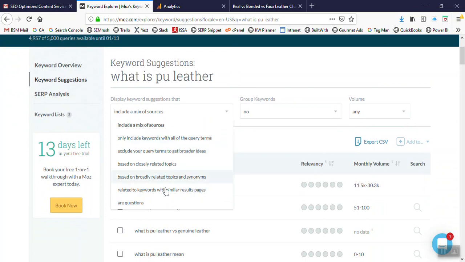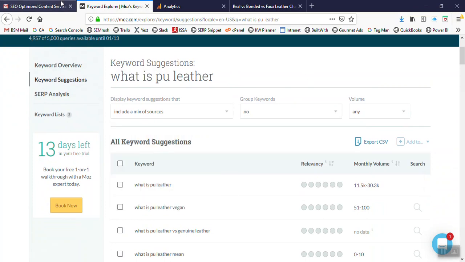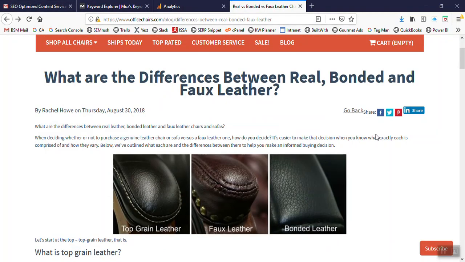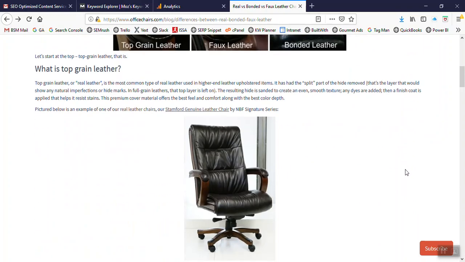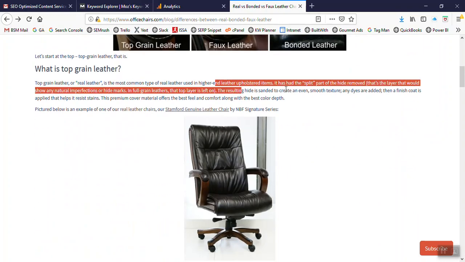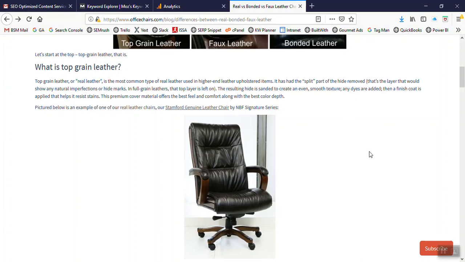There are keywords that you can go a little bit broader with, find more traffic, or find a little bit more targeted. But once you do this keyword research, you're just going to incorporate that throughout. Make sure you include your target keyword. Let's say you decide after doing keyword research, okay, this is the one I want to target, like what is PU leather? Make sure that you add that in the beginning somewhere, at least once, and then mention synonymous variations throughout,